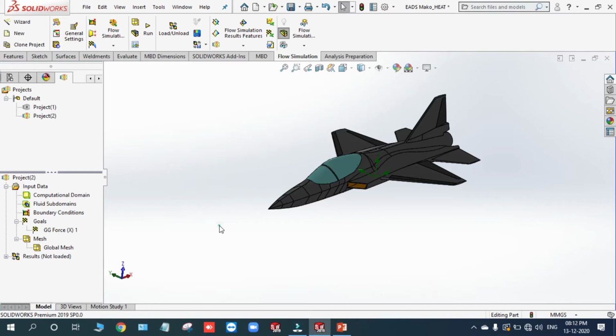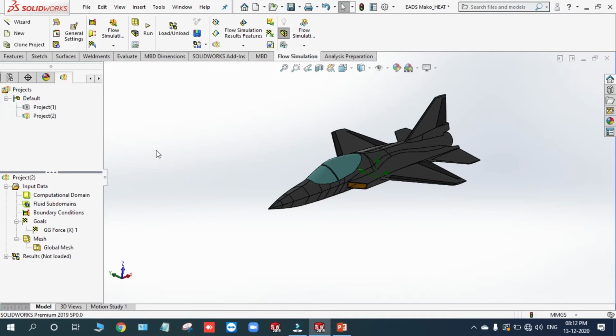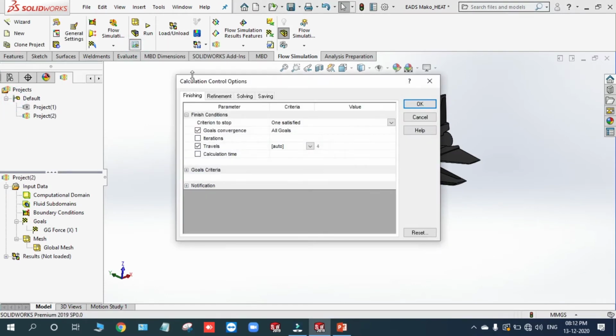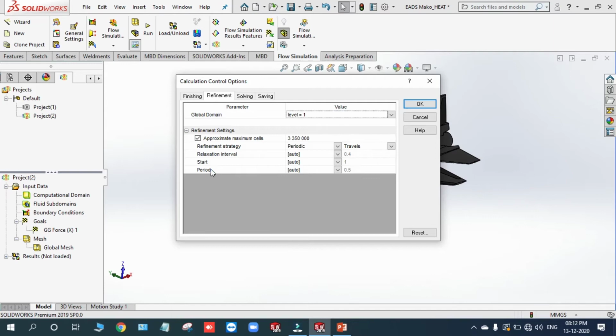Once you define it, go ahead with the meshing. So I'll activate this global mesh here. I'll refine my mesh with respect to the factor level 5. And even for the general calculations, I'll define the refinement as level 1. So here everything is okay, not an issue, but this parameter should be for me only 350,000. Not more. I don't want to waste more time on the meshing.